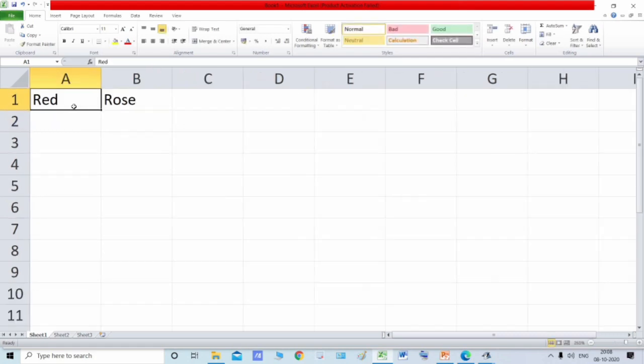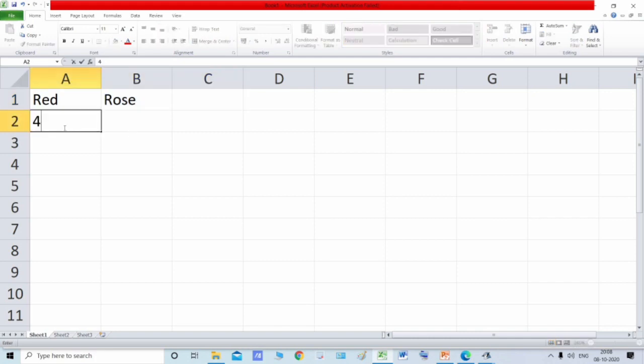As you can see, red is written over here and rose is written over here. Now suppose in cell C, I want red and rose both to be written in the same cell. So I want to concatenate or add these two and put it over here.